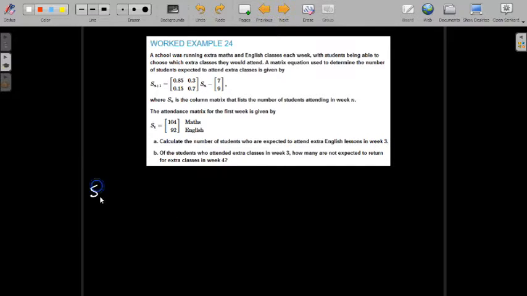So we're looking for S3, and S3 is going to be this matrix here times S of n, which is going to be the previous